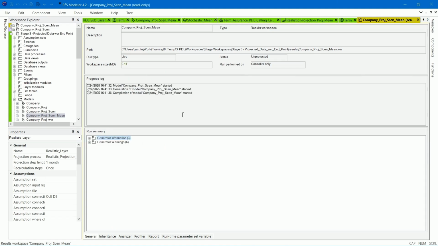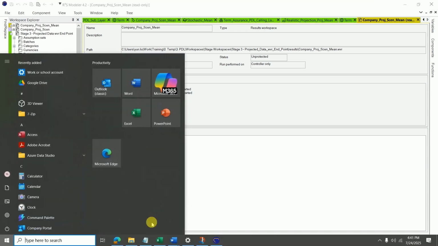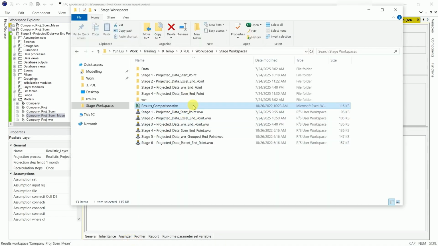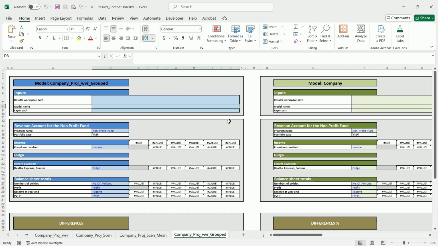We'll now view the results using the Results Comparison spreadsheet. Open the spreadsheet and go to the Company Proj Sen Mean tab.